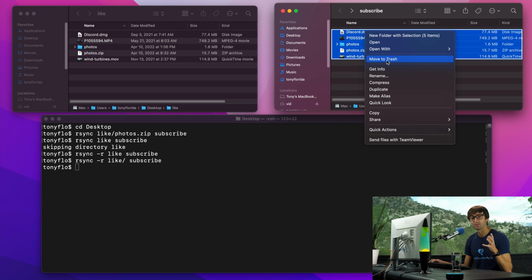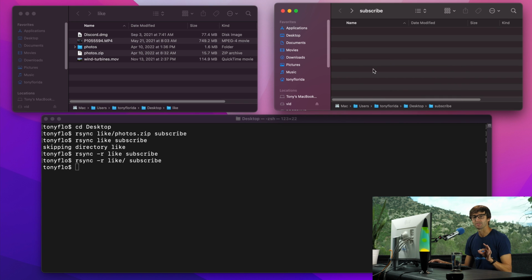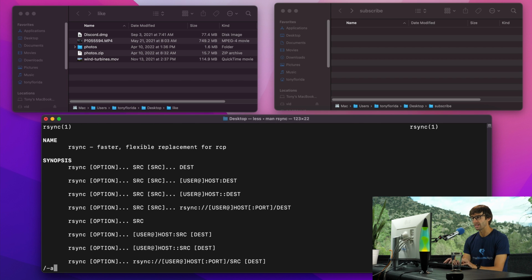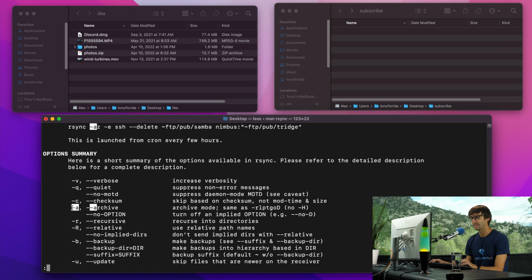Now, that might be something that you want in your case, but I think in a lot of cases you don't want to change the timestamp for those files. So in order to get around that, there is the -a flag. Let's go into the manual here. man rsync, hit enter, and we'll search for the -a flag. Okay, and you'll see here that -a is the archive mode, and it is essentially the same as -r, which